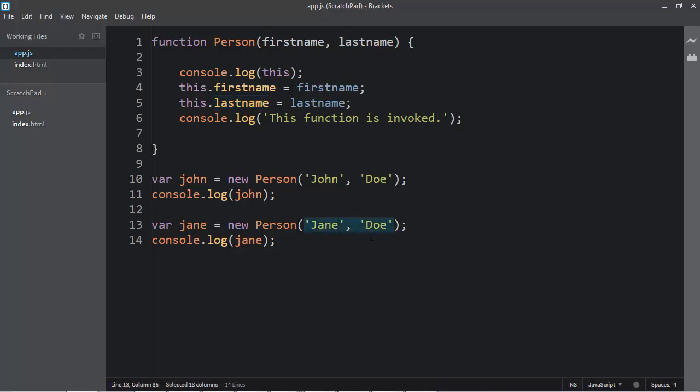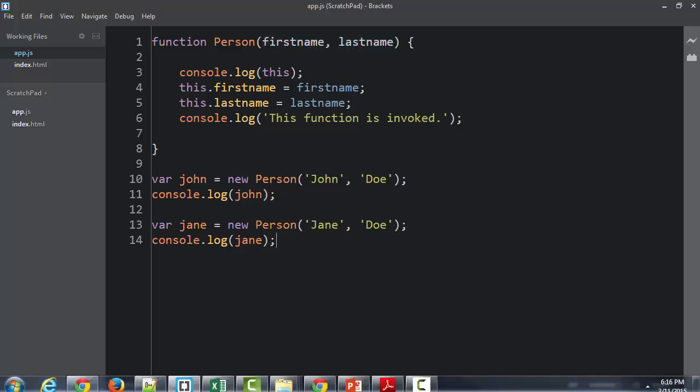I use the parameters of the function to tell the function how to construct or what values to place when it's constructing the object. This part right here, it's adding the property, and this right here is the parameter that I passed in. And you could name these differently if you wanted, but this is usually the pattern that we see because it's very clean and easy to understand what property goes with what parameter. Does that make sense? So if I run this,